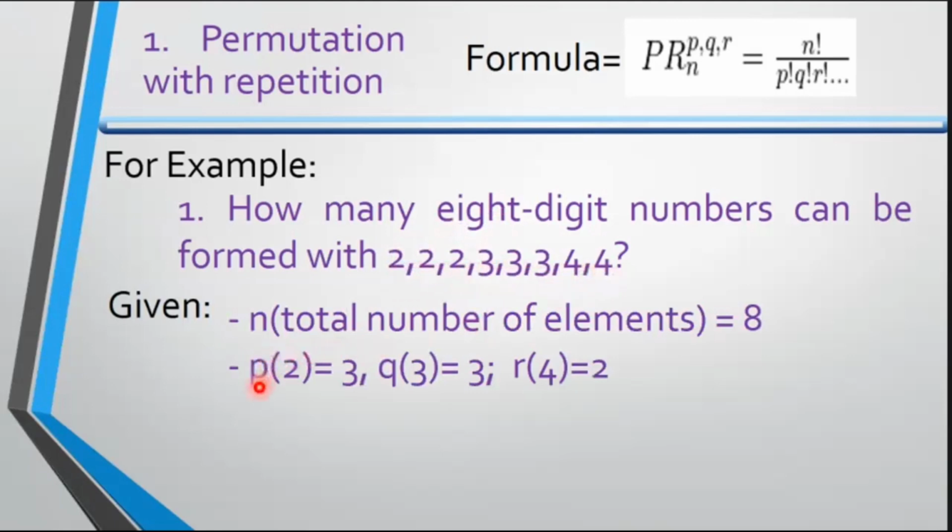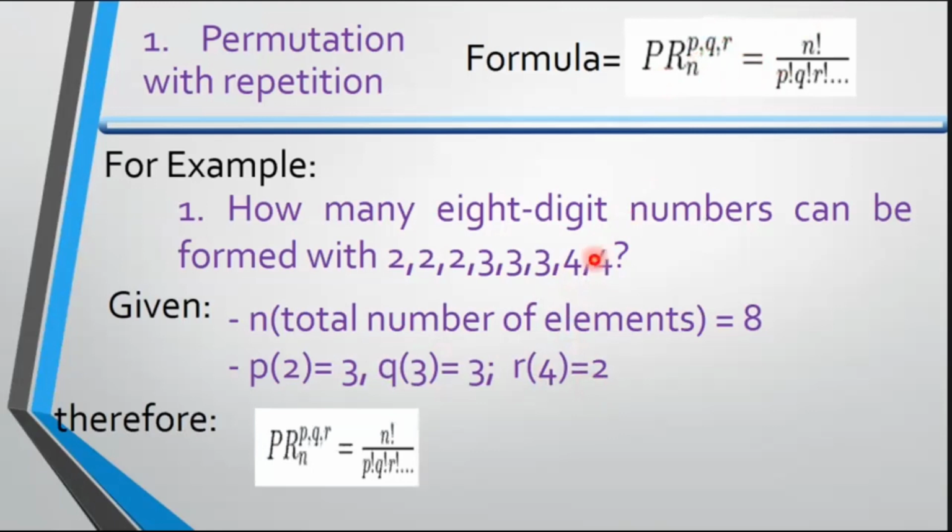And the P here, let's assign this 2 as our P. We have 1, 2, 3, so we have 3 for P. Then Q, let's assign as our number 3. Then 1, 2, 3, so we have 3 also. Then the R, which is the 4, is 1, 2, so we have 2. Then therefore, with the use of this formula,